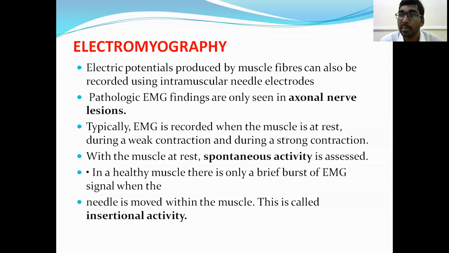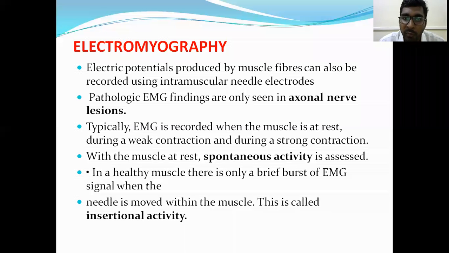In neuropraxia, EMG is normal, but nerve conduction is damaged, so there is impairment of nerve conduction studies. How? Explain. You see, if you suspect a nerve injury and the EMG is normal but you get abnormal nerve conduction studies, it means it is a demyelinating lesion. If you also get abnormal electromyography findings, it means the injury is severe, so axonal damage has also occurred. It can be neurotmesis or axonotmesis.